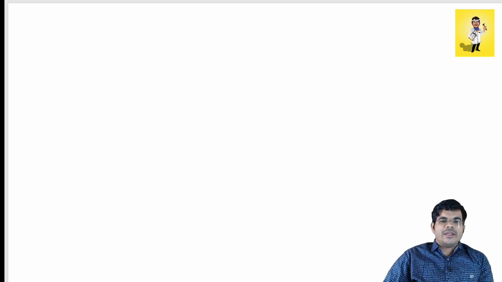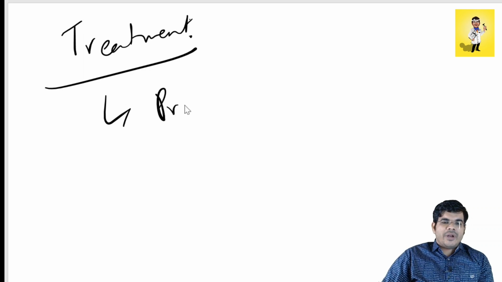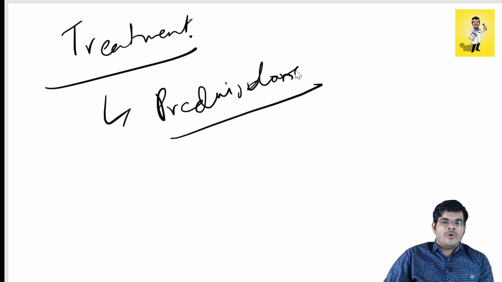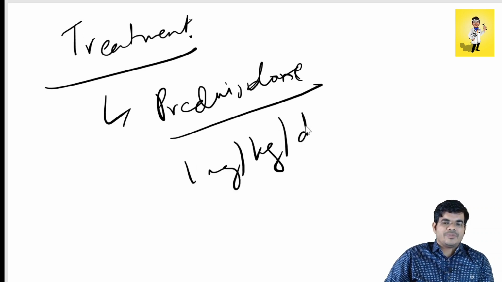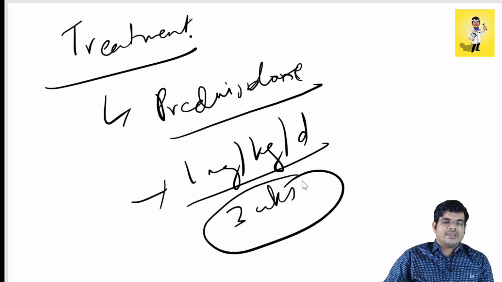How will you treat a case of Bell's palsy? First of all, you have to treat them with steroid, and prednisolone is preferred at a dose of 1 mg per kg per day. This is tapered over 3 weeks. Okay, it is given for 3 weeks. And then you have